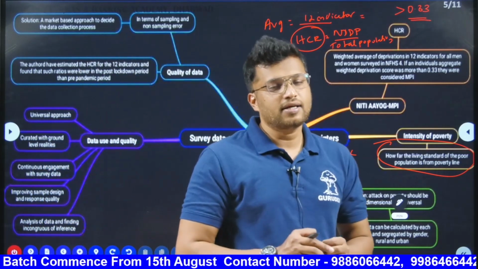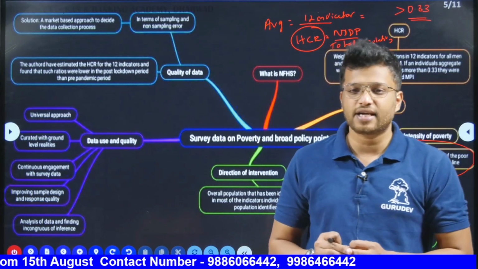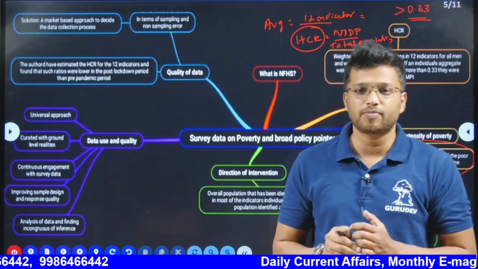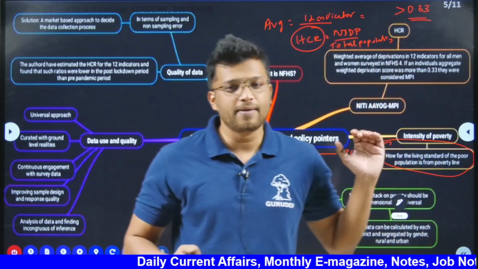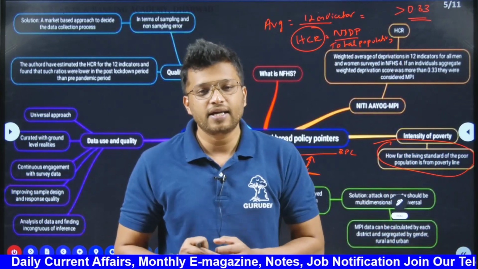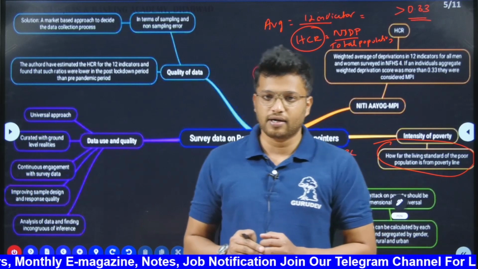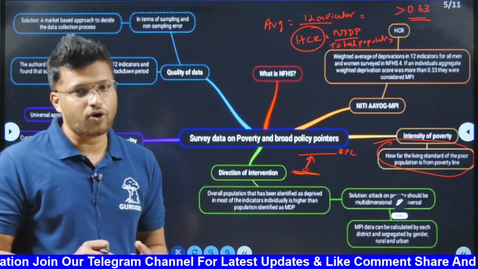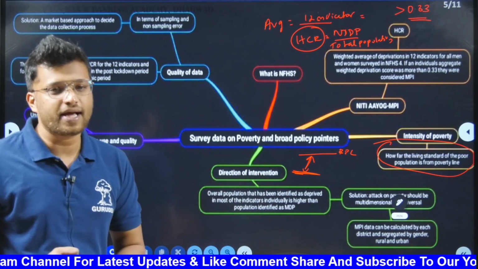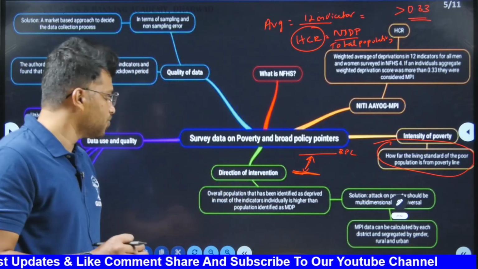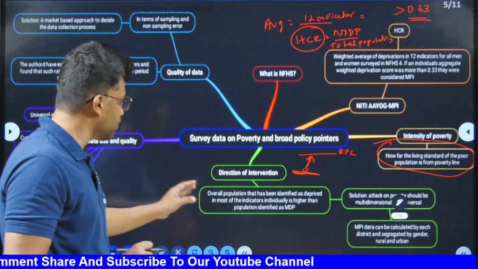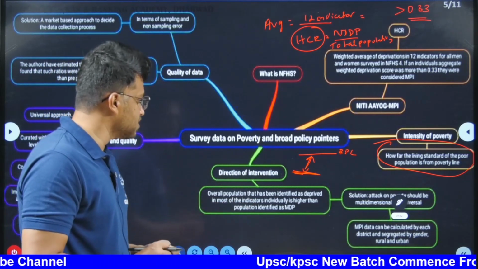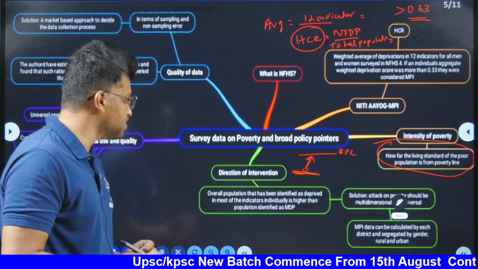Here in the article, the writers have used the case study of Tamil Nadu, how much the poor population of Tamil Nadu has decreased, and what is the implication of the data that has been given. The main intention of the writer is to highlight how the data collection method is flawed and what the different types of implication on the data are. Then he talks about the direction of intervention. He says that the overall population identified as deprived in most of the indicators individually is higher than the population identified as